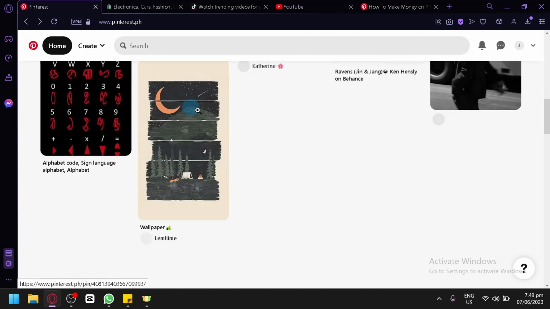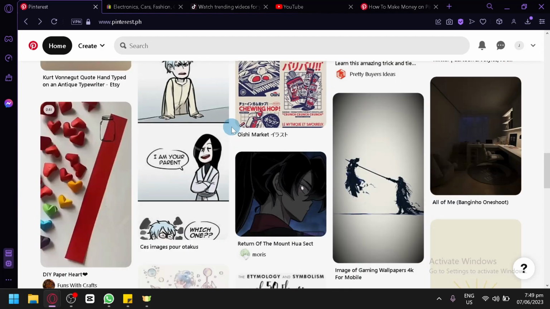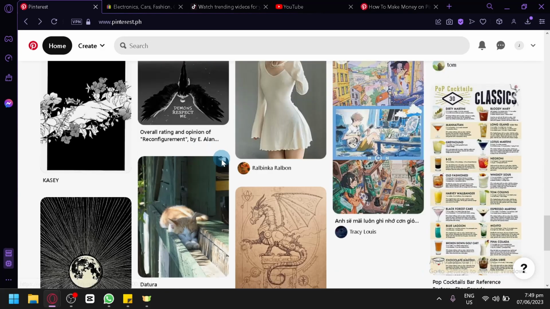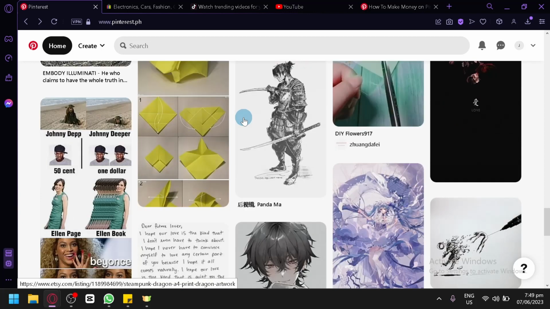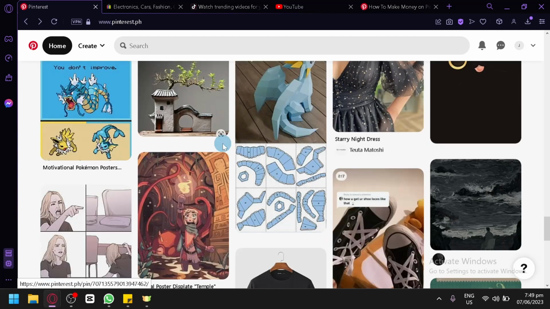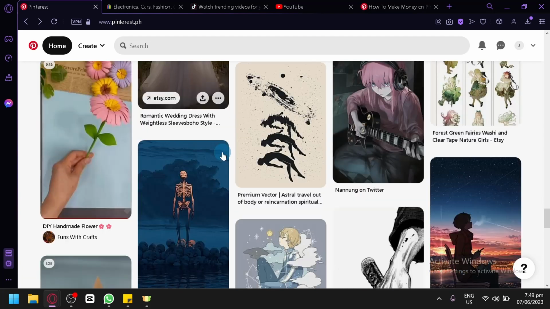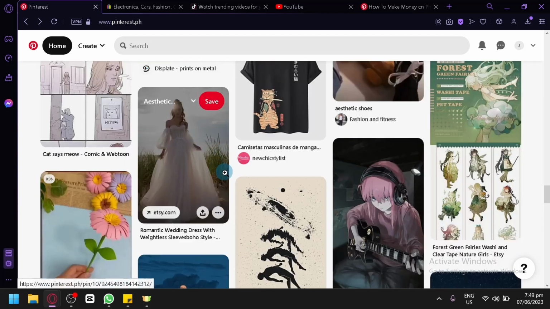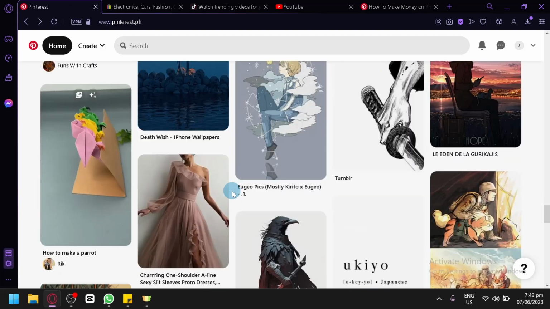You could use Pinterest itself as a promoter for your different platforms, especially platforms that are already monetized. Just like I said earlier, you have TikTok, YouTube, Instagram, and Facebook. There are also other platforms that can give you some money and are possibly already monetized for you.